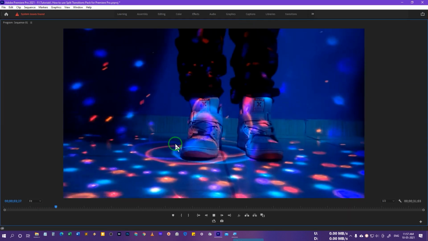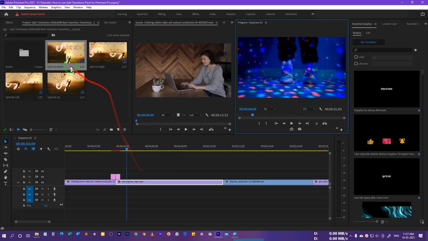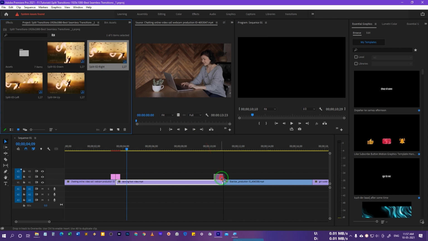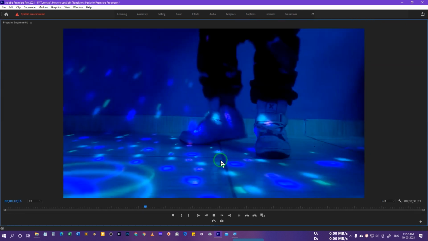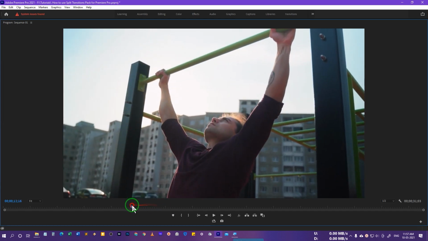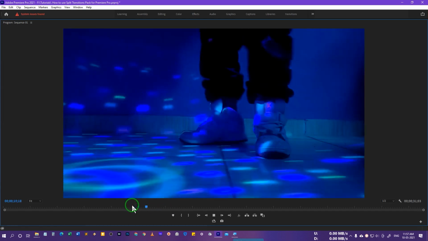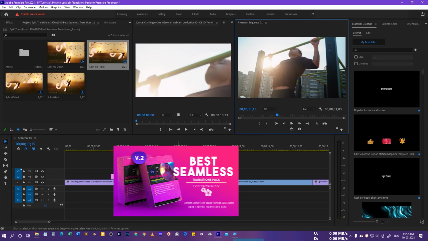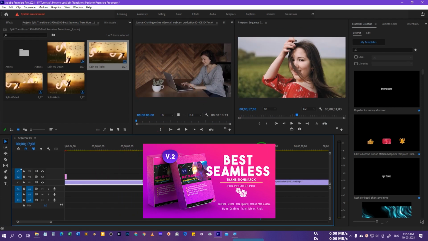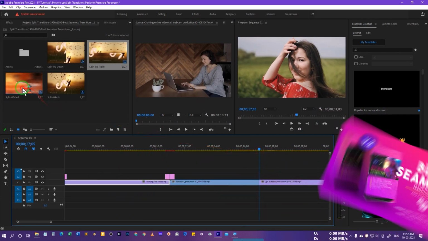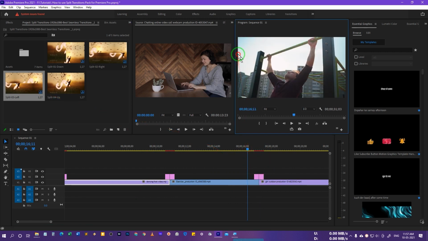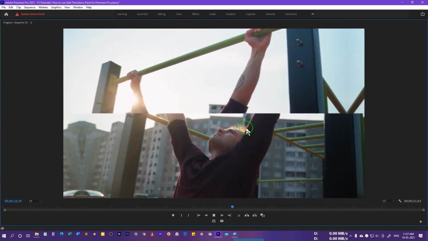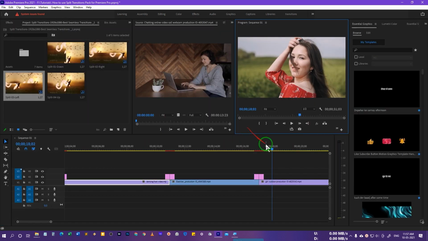see, this is how it works. Now let me show you the second one. Just drag and drop, and let's take a look. Boom. All right, let's see. Boom. Now let's go for the next one, and let's drop this one. If I show you the preview, this one looks like this. All right, isn't this amazing?